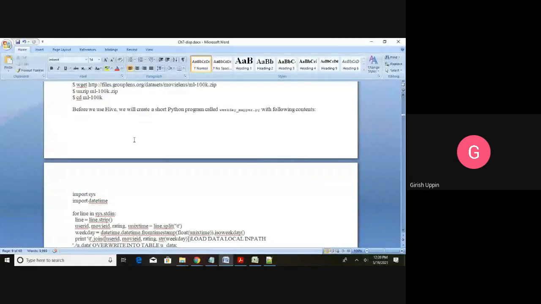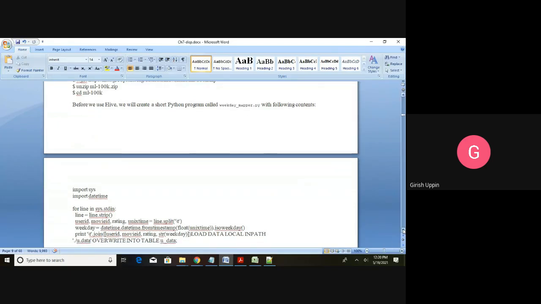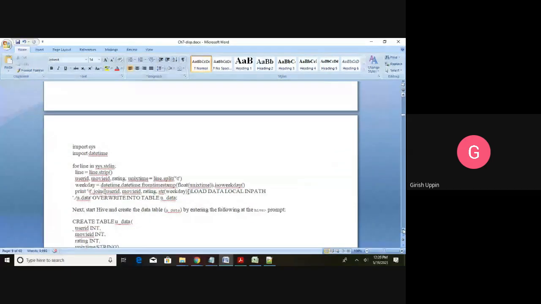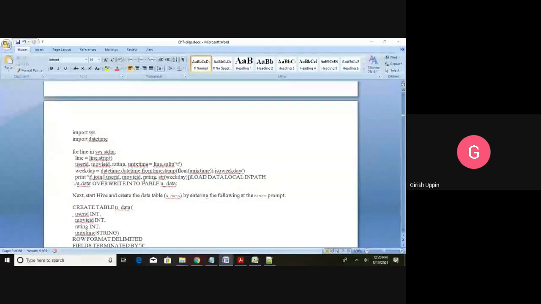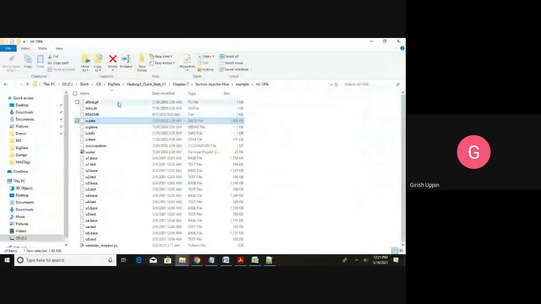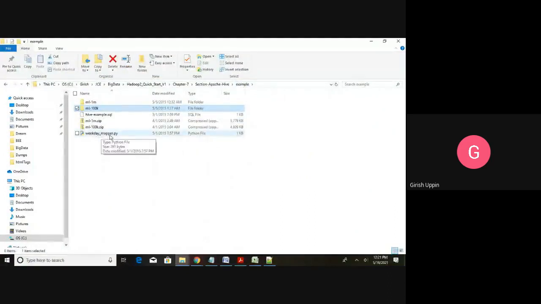Before we use Hive, we will create a short Python program called weekday_mapper.py with the following contents. So this is the content of the mapper. I will show that mapper. This is weekday_mapper.py. That is the Python code.